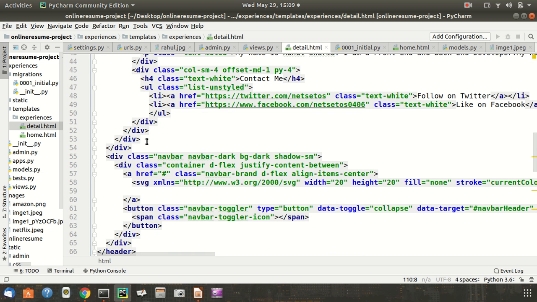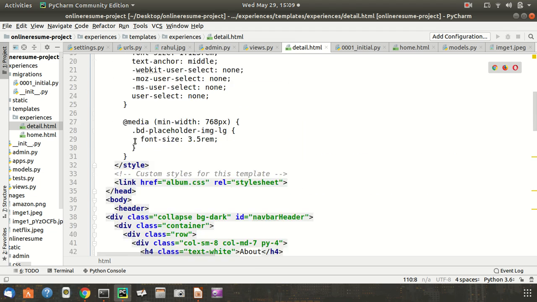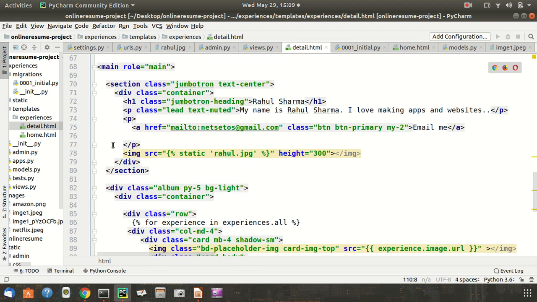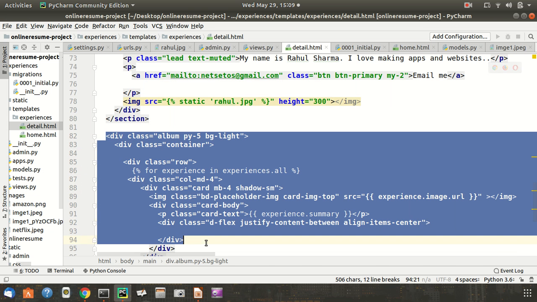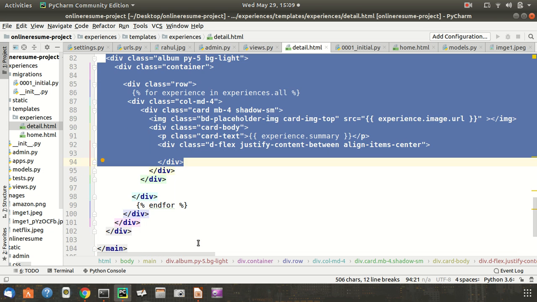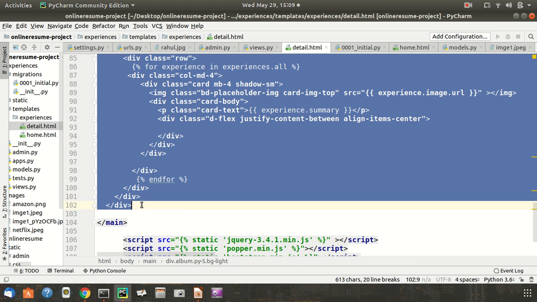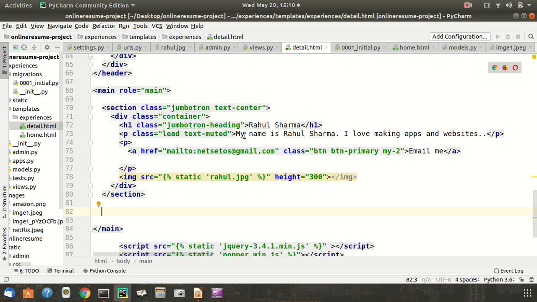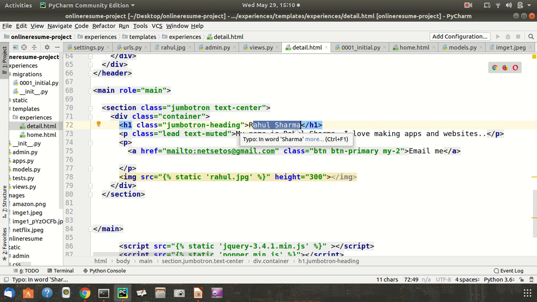And then I'll be taking this till here because it is of no use in this detail.html, and after this, the code written in the Jumbotron heading, I'll be writing in, instead of Rahul Sharma, I will give job detail,